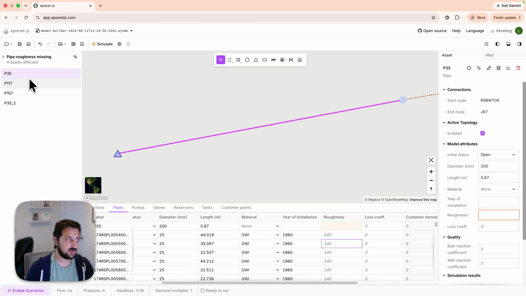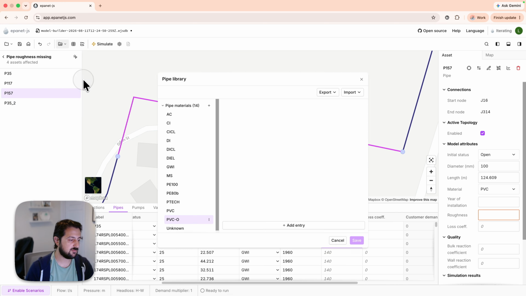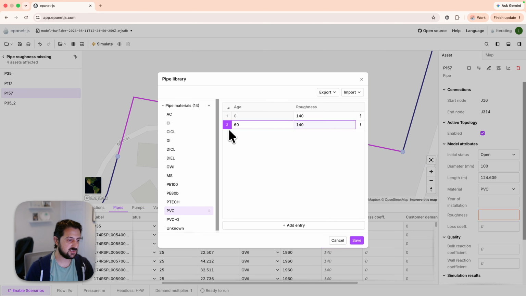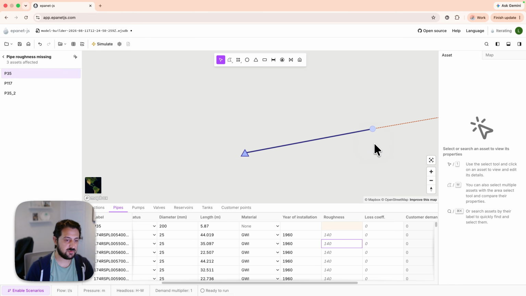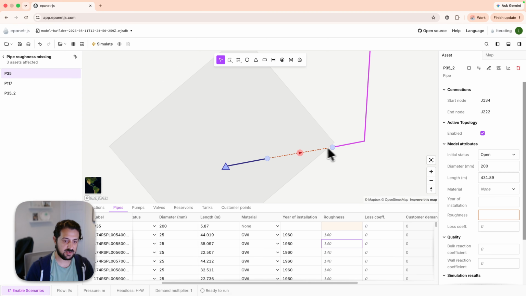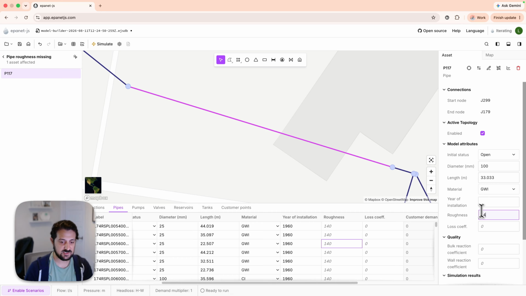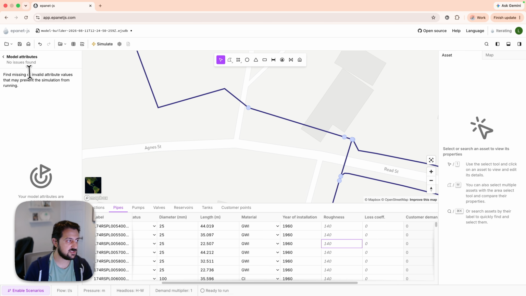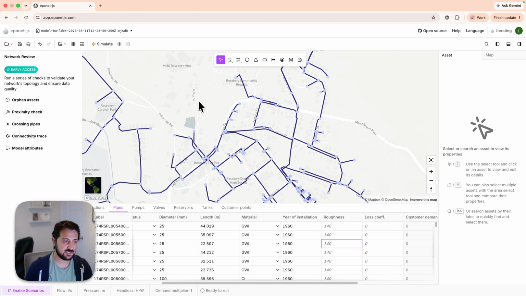And once again, we can see that there are a couple other values here that need to be filled in. Once again, PVC, we can fix this up by going into here and just removing these corresponding values. And then for these, it would probably be worthwhile coming through and confirming what the materials and the roughnesses are. I will just apply a very smooth value of 140 on here just to get this model running. And then the same with this one. And at this point, it's saying there are no more issues in the model here. And we should have enough to actually get this model to run.